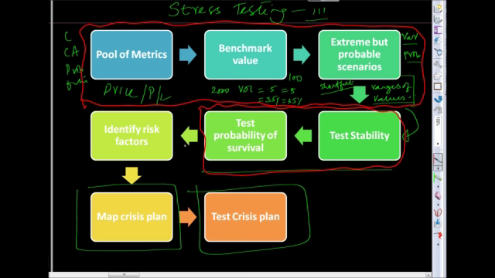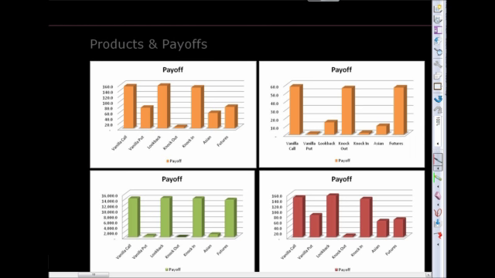And then finally, in terms of your work as an analyst, the real work that needs to be done is here, which is identification of risk factors, creating a crisis plan, and mapping that crisis plan. So, for example, let's go back to the same example that we were working with earlier, that dealt with a fund manager who is working with gold. When I speak about the fact that our job as an analyst is to dig a little deeper beyond the mathematical modeling piece that we've covered so far,